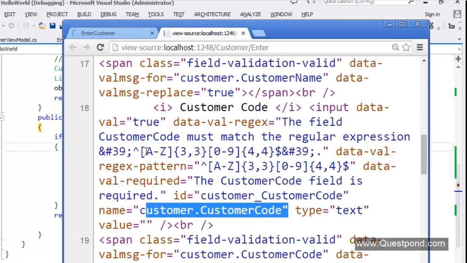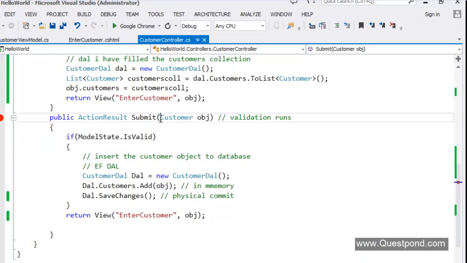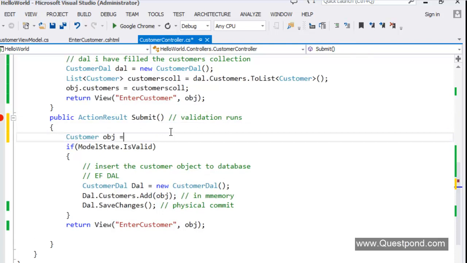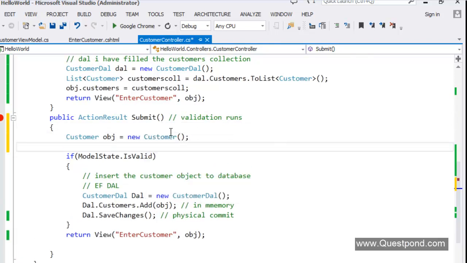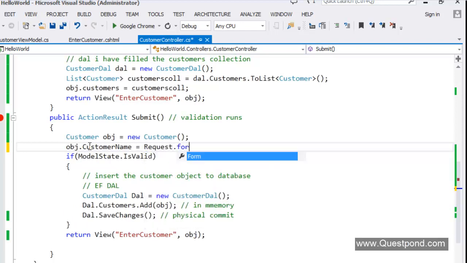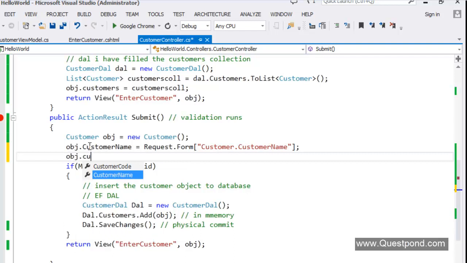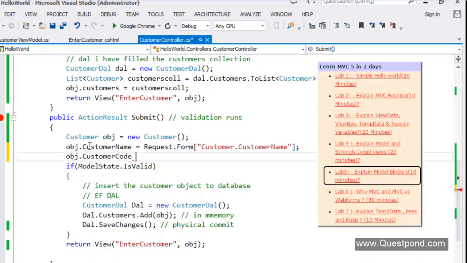So the first thing what we need to do is we need to take these names here like this customer.customer_code and customer.customer_name, and we need to go and map the objects manually. So automatic mapping will not happen now, right? So the first thing is we need to go and delete this because there is no auto mapping, and we need to go and fill this customer object by using the proper text box names. So let me say here obj.customer_name is equal to request.form customer.customer_name, obj.customer_code is equal to request.form